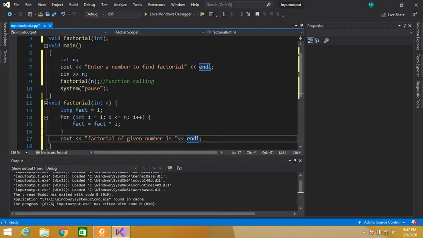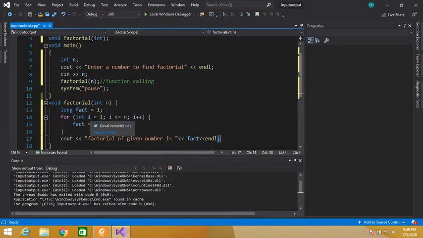Here we have to display the factorial. Factorial is stored in this fact variable, so we write fact here. In this way we can calculate the factorial.